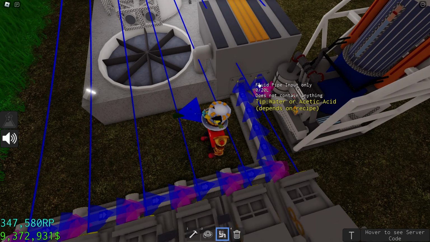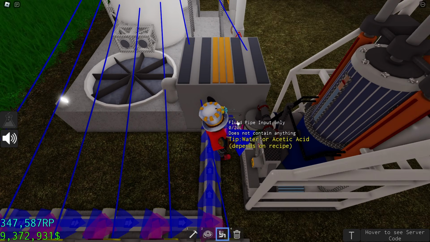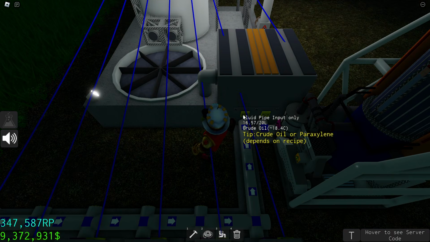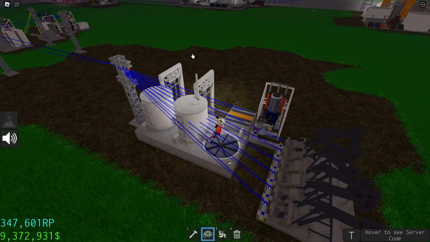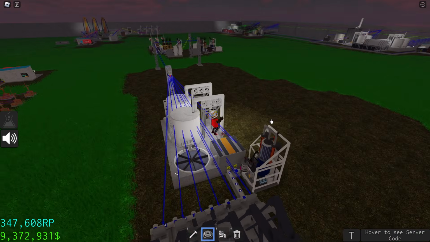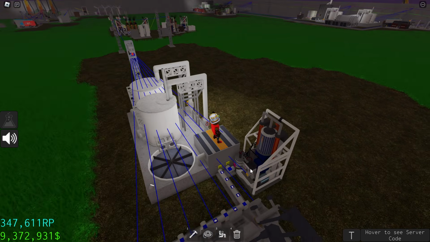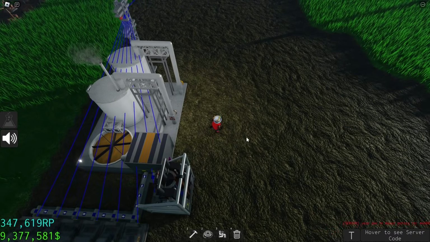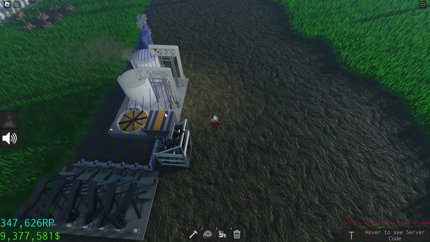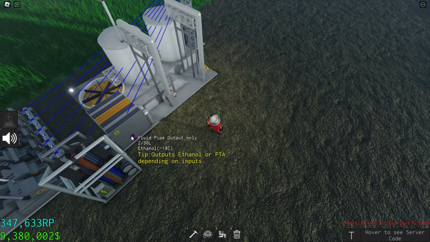It's the one on the right. The one on the left is for the crude oil and the one on the right is for the water. You're going to have to connect your power into the water pump, of course. And after that, you're going to see it's going to produce ethanol.